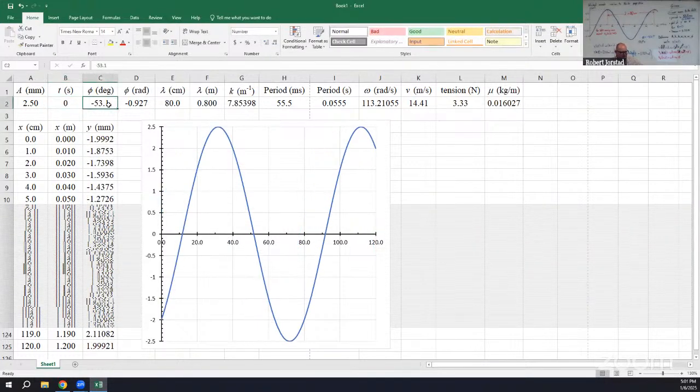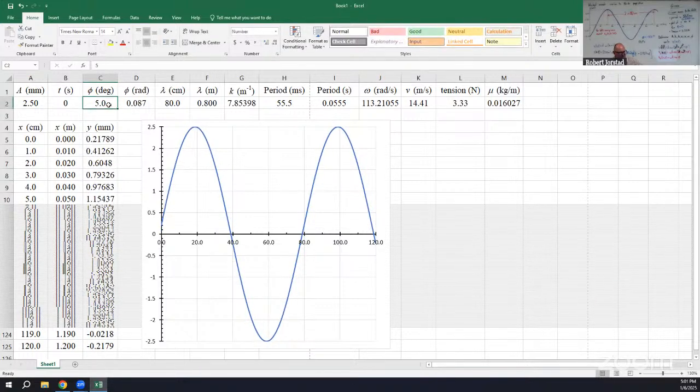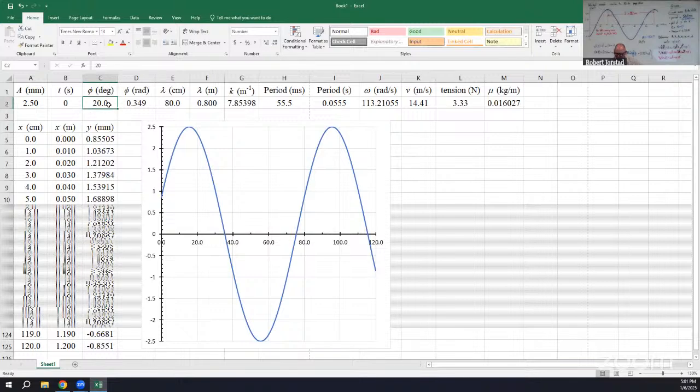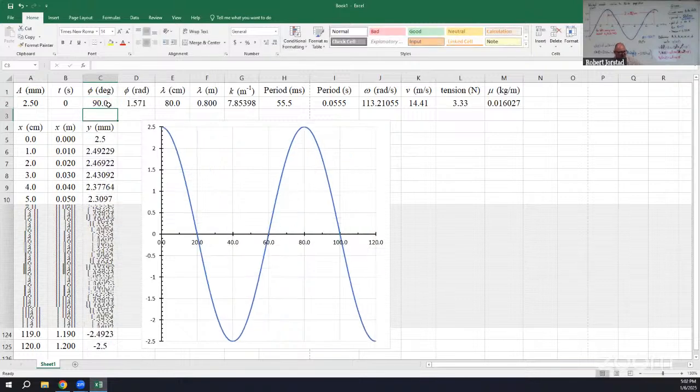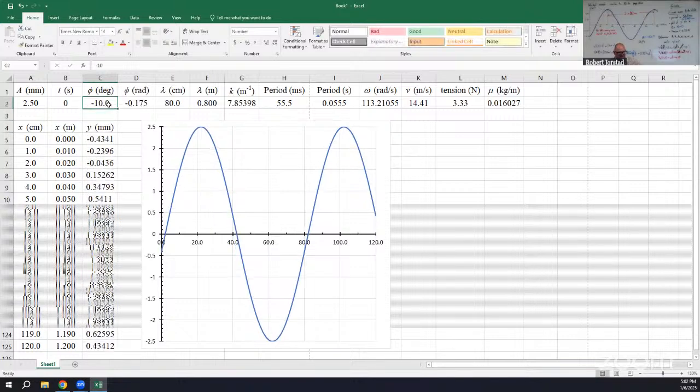And what if I change the phase angle to 0? There we get a normal sine function. If I go 1, 2, 5, you can see that a positive phase angle is shifting the plot to the left, right? And if we go all the way up to positive 90, it shifts it into a cosine function. Now let's go negative. We start with 0, we'll try negative 10. It's shifting the plot to the right. A negative phase angle is shifting it to the right, in this case, based on the way the equation was written,